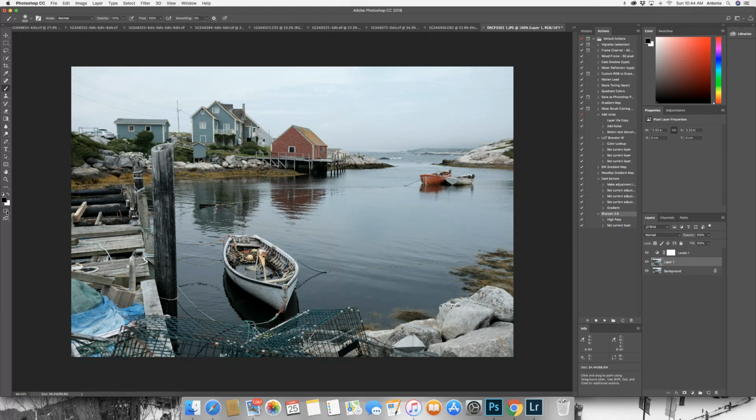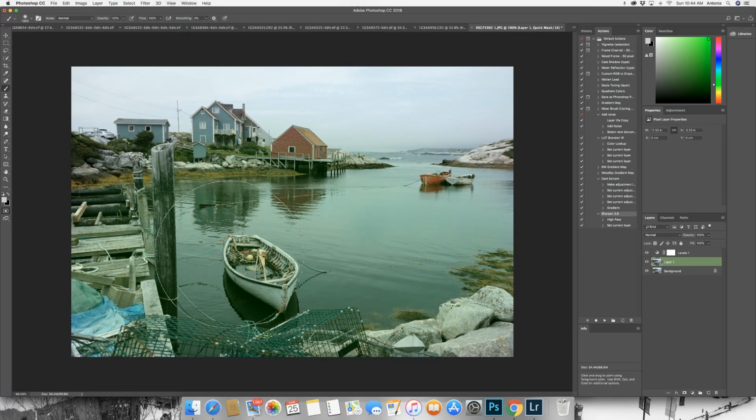Okay, so in order to do that, I'm going to go into my quick mask mode, and I've already set it up, so that's fine. So now in order to go into it, I click on Q, and now I can see that it's highlighted, Q, and then I'm going to click on B for brush. I make sure that the flow and the opacity is at 100%. I'm going to make my brush bigger, and now I'm going to paint over